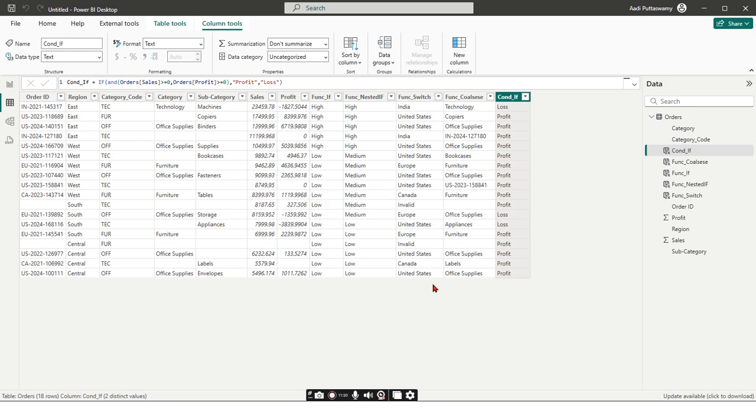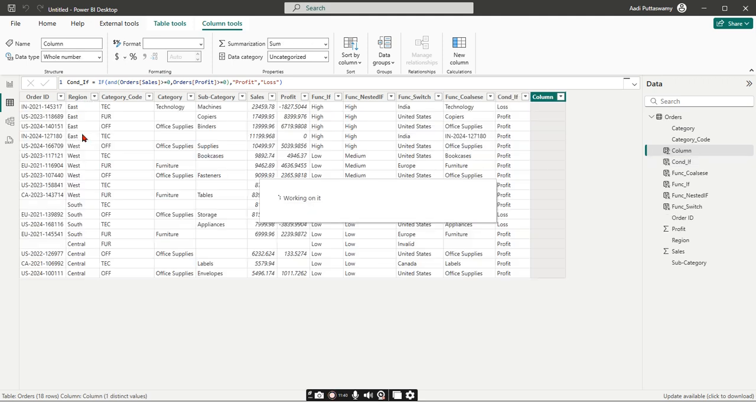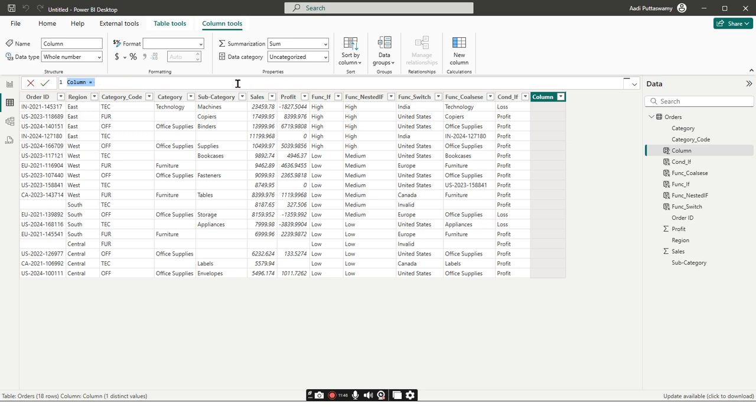So this is AND operator. OR operator, if any one of the conditions is true, then we'll get the result. Say new column, imagine I have this region, I have east, west, south and central. Let me go here